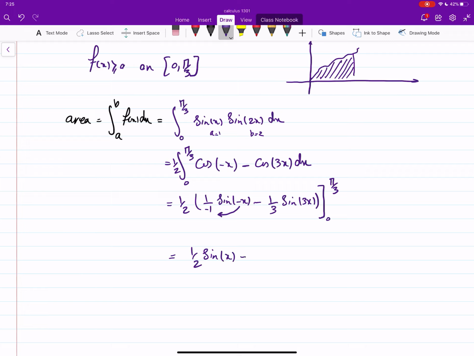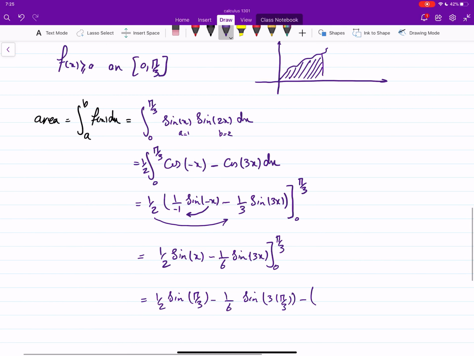There is 1/2, you multiply inside. This is 1 over 6 sine of 3x. You go from 0 to pi over 3. And then, well, just plug in sine of pi over 3 minus 1 over 6 sine of 3 times pi over 3, minus, plug in 0,